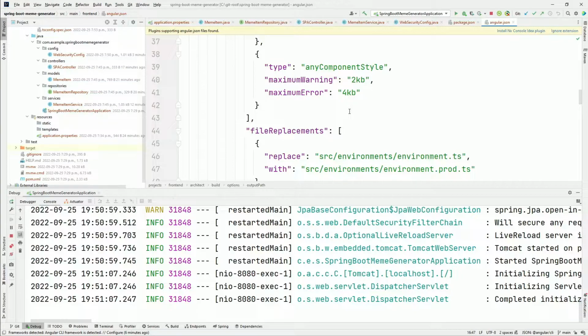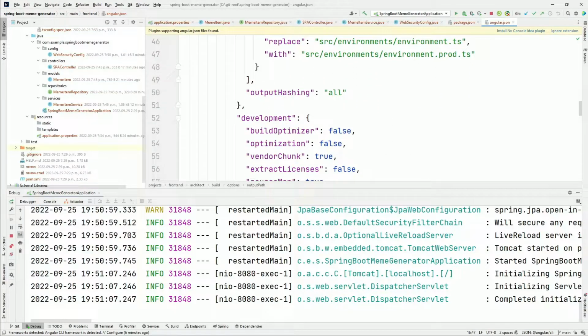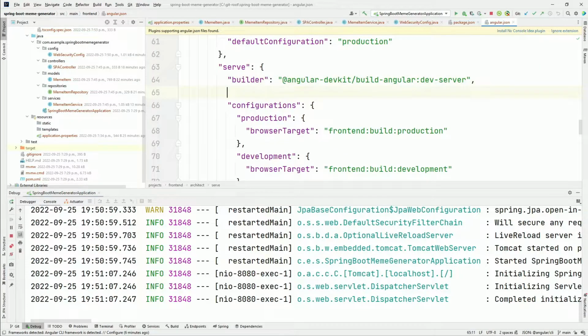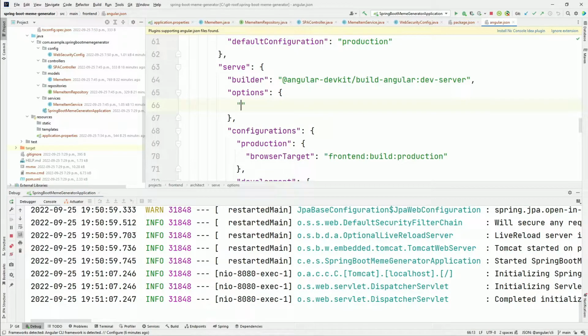So when it comes time to communicating back and forth, we're going to be running into some issues if we don't do this. So let's create a new object here called options. And then what we're going to define is a proxy config,